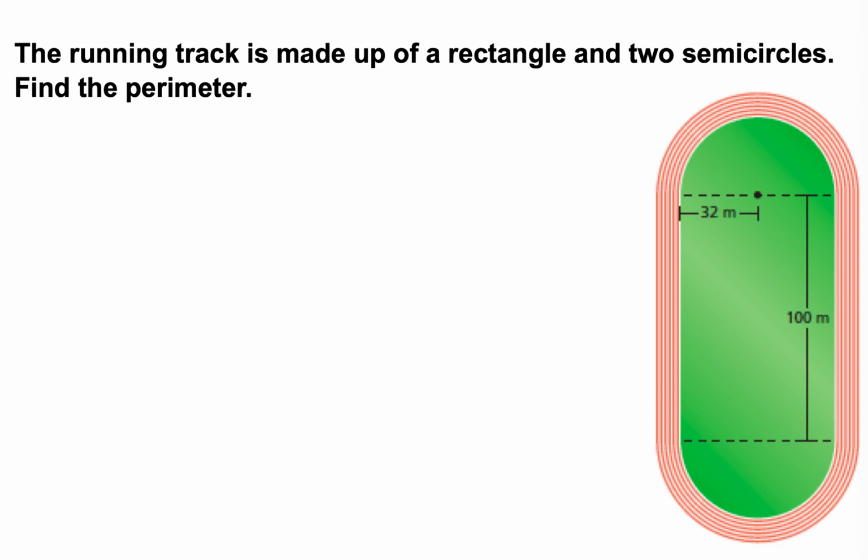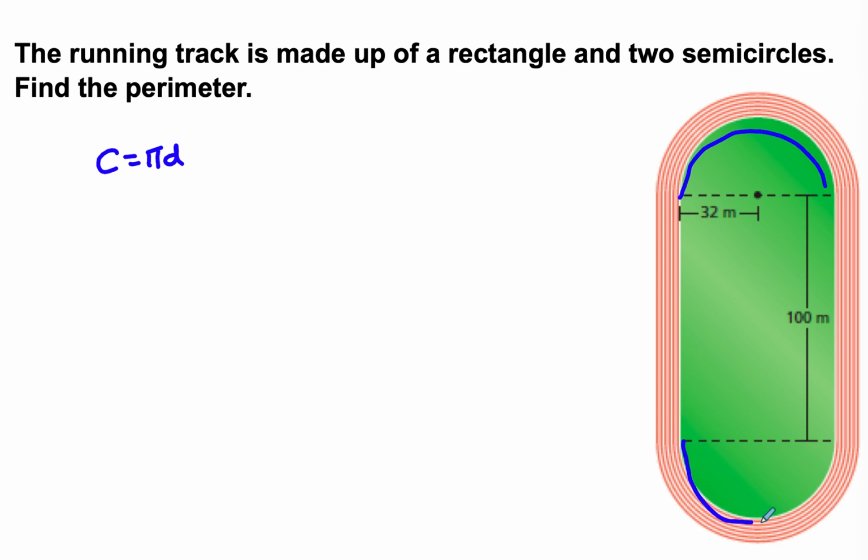All right, let's take a look at our next one here. The running track is made up of a rectangle and 2 semicircles. Find the perimeter. So first, circumference. Remember, we have to do pi times diameter. If it's a semicircle, we divide by 2, but this part